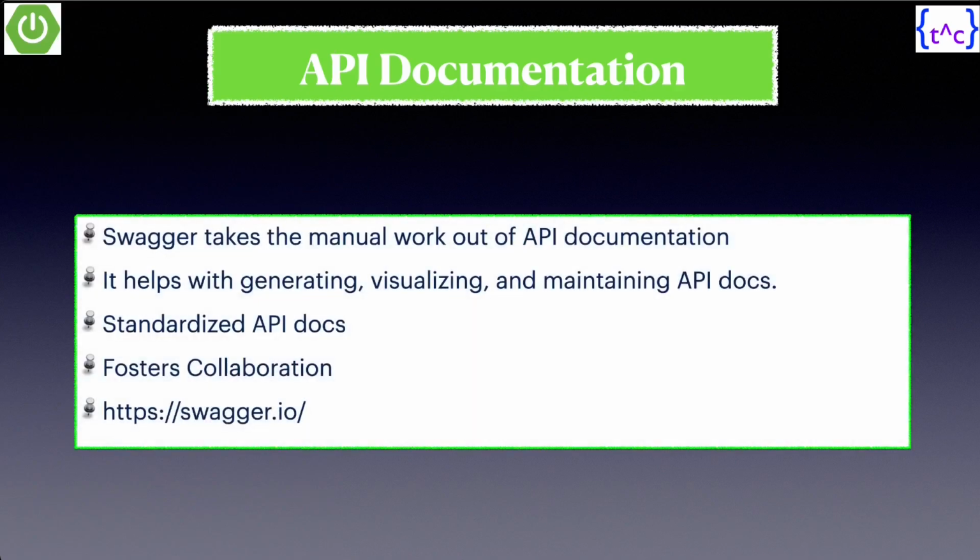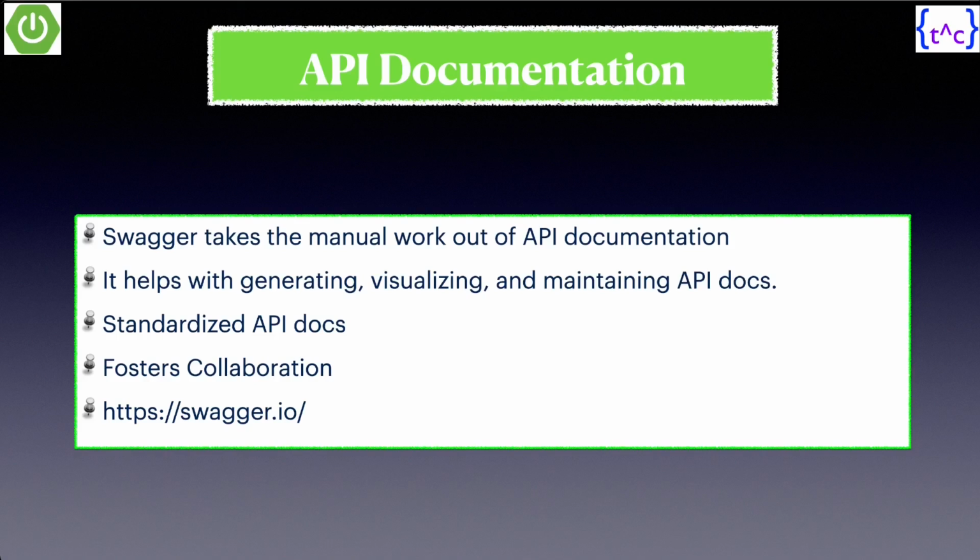As we discussed, Swagger takes the manual work out of API documentation. That means in code, I should be adding some dependencies or some annotations, and the things are done, right? It helps us generate, visualize, and maintain API docs. Why do we say that? As a developer, I'm supposed to add certain dependencies or annotations in the code itself, and the document will be generated. That means the manual task is gone and it will be auto-generated. After generating that document, we can visualize it via the Swagger user interface as well as with the help of client tools such as Postman.